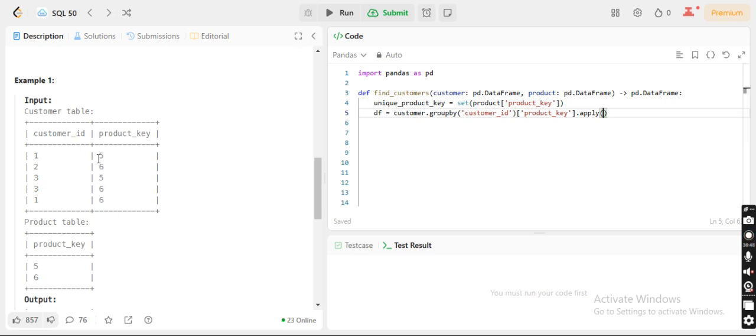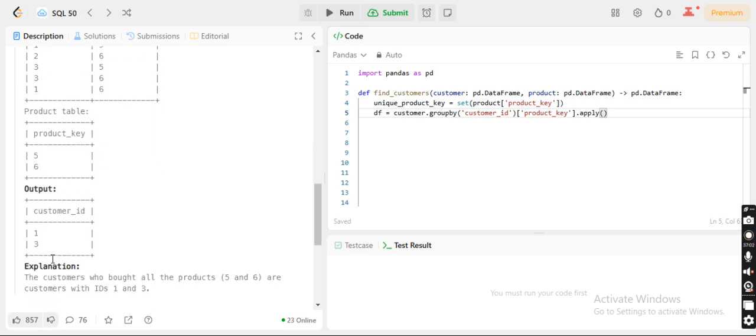My logic is I am comparing the product key of each customer with the product key from the product table. If the number of product keys per customer is equal to the number of product keys in the product table, I am just extracting that customer ID. So that is why there is no aggregation like mean, max, count, anything this time.